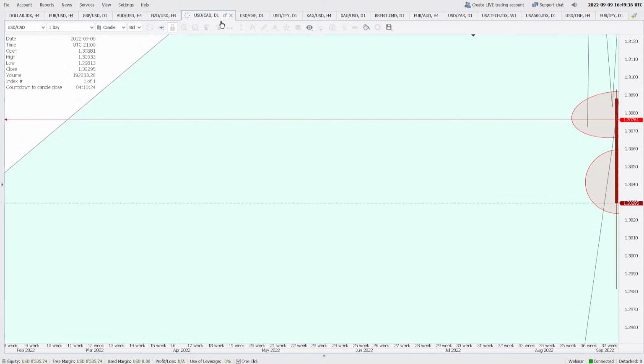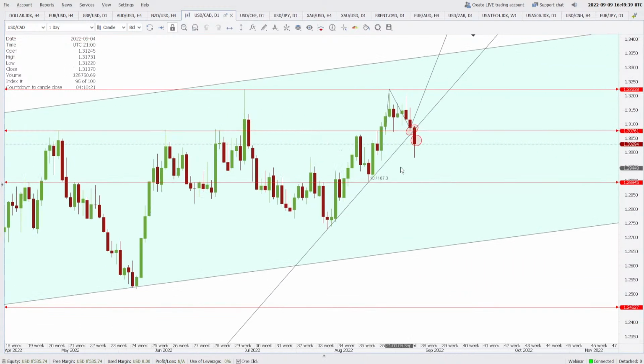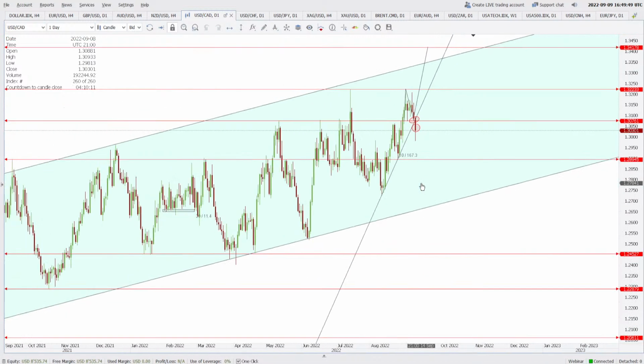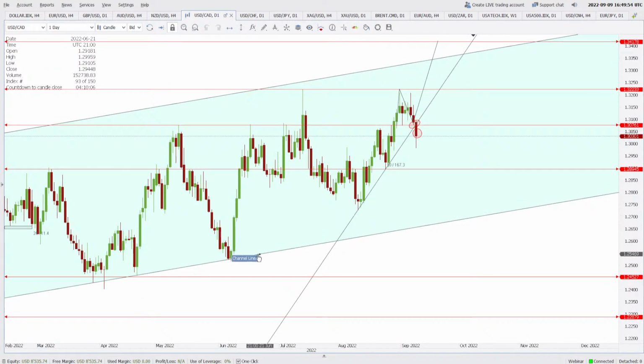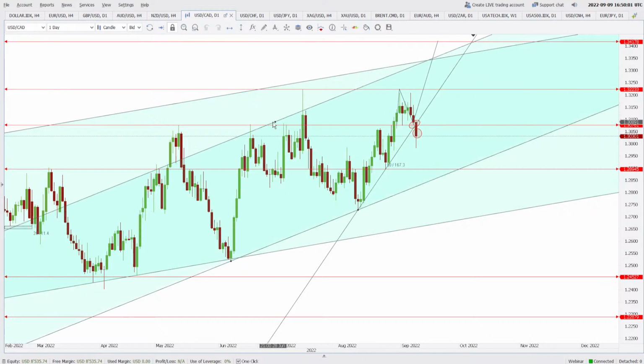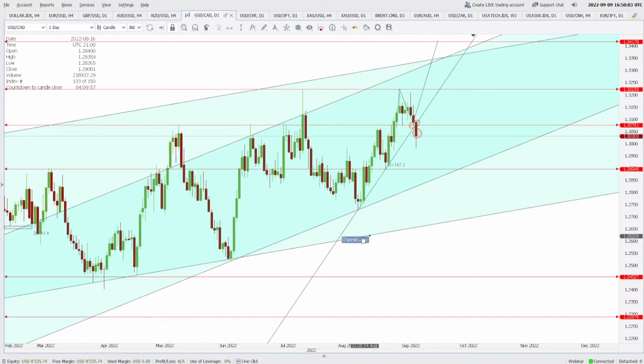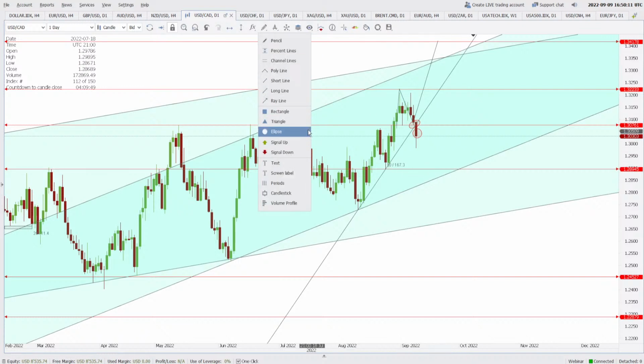All right, so talking about the Loonie here, Loonie has broken below the level of 1.3076. I think it is looking for a better support. 1.2894 is a good support, but from the channel's point of view, I think it may come back to the channel, but last time it did not come back to the channel. So maybe if we join these 2 lines, some information we can, I think, deduce from here. So there is a possibility that the price will eventually fall to this area of confluence. Just a possibility. It's just my speculation here.